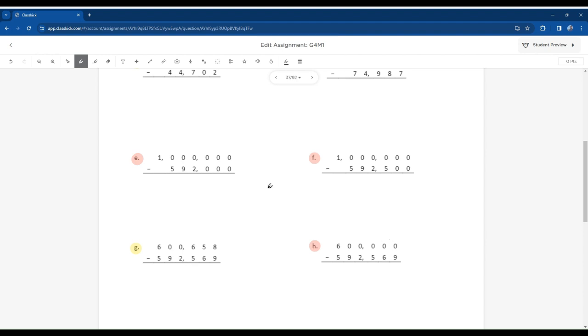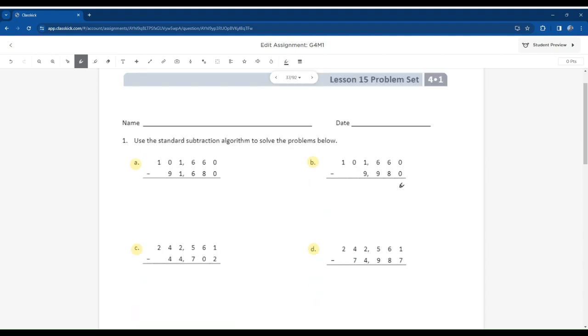So in those problems, I'm going to go ahead and go through that standard algorithm with all the regrouping, and then I'm going to show a little trick to hopefully make things a little bit easier on students. If they have a good understanding of their place value, it shouldn't be too much of an issue. Let's go ahead and dive right in with number 1, where we're doing